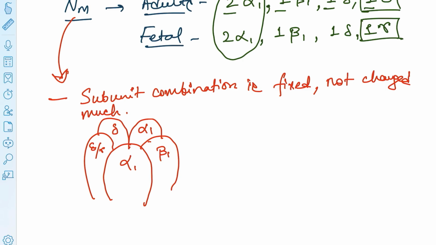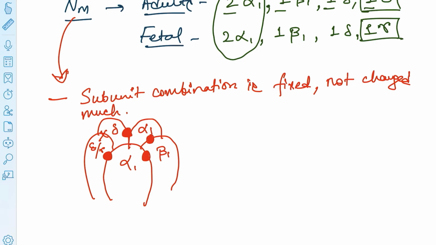So in this case, as you can see, there are two alpha subunits, so the ligand can bind to this region, this would be alpha beta. It can bind to this region, again alpha beta, to this region, basically this is alpha delta, to this region, we can call it as alpha epsilon or alpha gamma, but never to this region, because this has no alpha